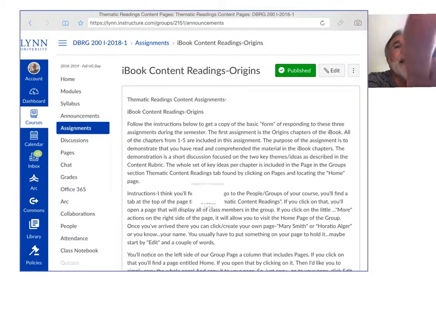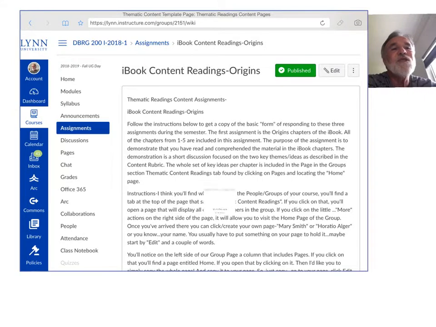And so I posted up this welcome to the home page, which is a little dated now. I posted up pages, and this was the front page, and I gave you this content template page, right? All I was trying to do here was separate these into chapters. I could have just as easily asked you, when you're responding to chapter 2, to just put chapter 2 down, all right? And then include these main points.